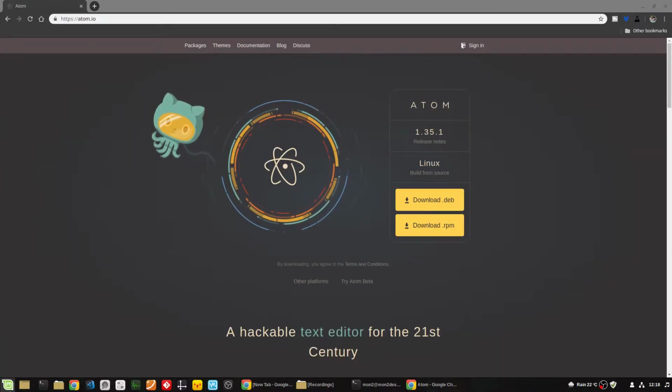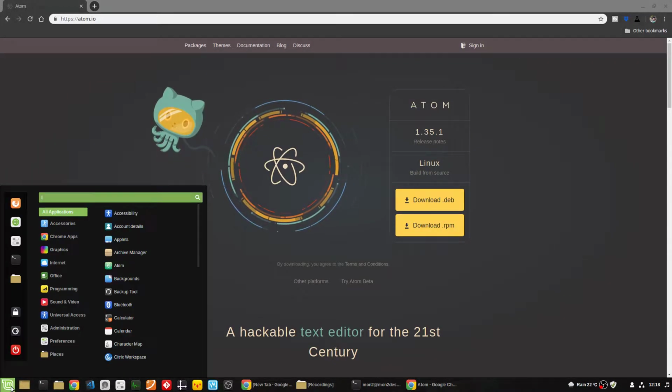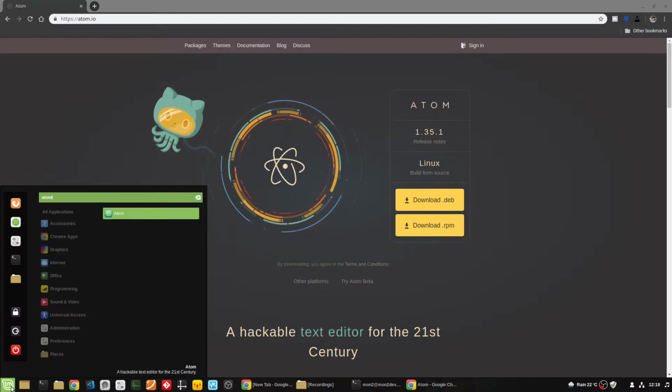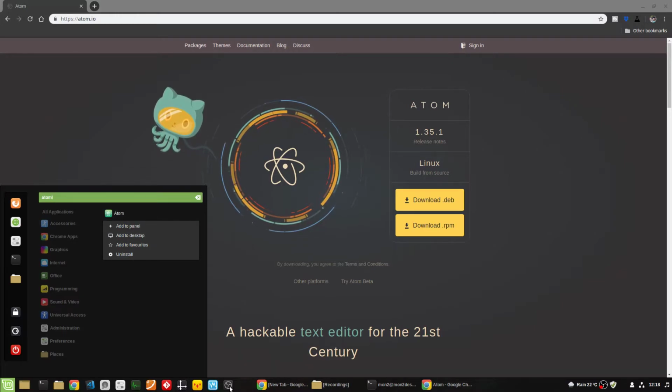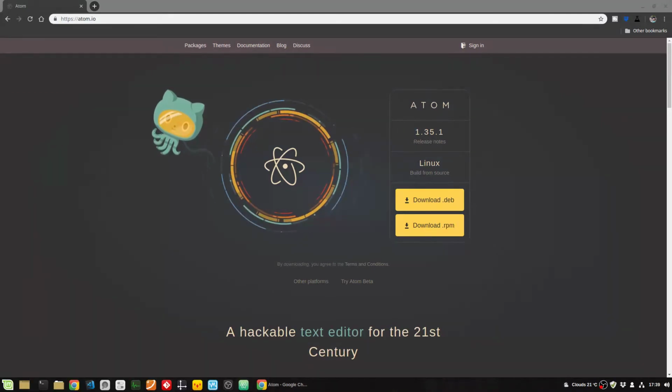So I have installed this in Linux Mint, and what I normally do is once my installation finishes, I just search for Atom and I usually add it to my panel so that it can appear on my panel over here. So that covers the first part of the video, which covers the installation of Atom,